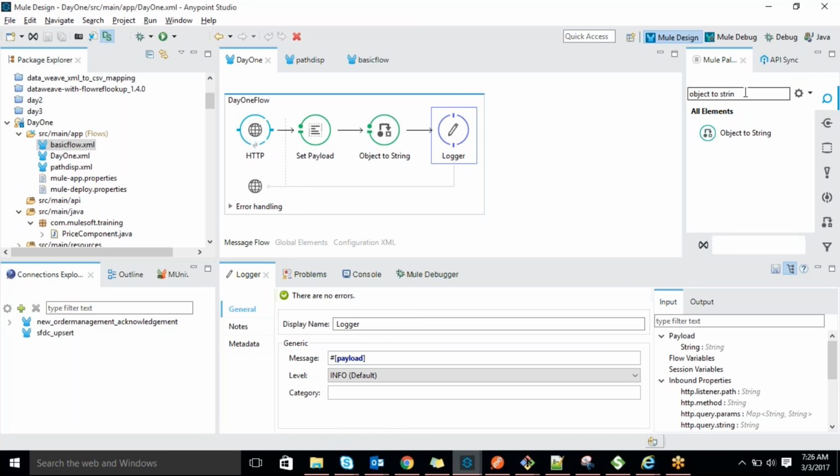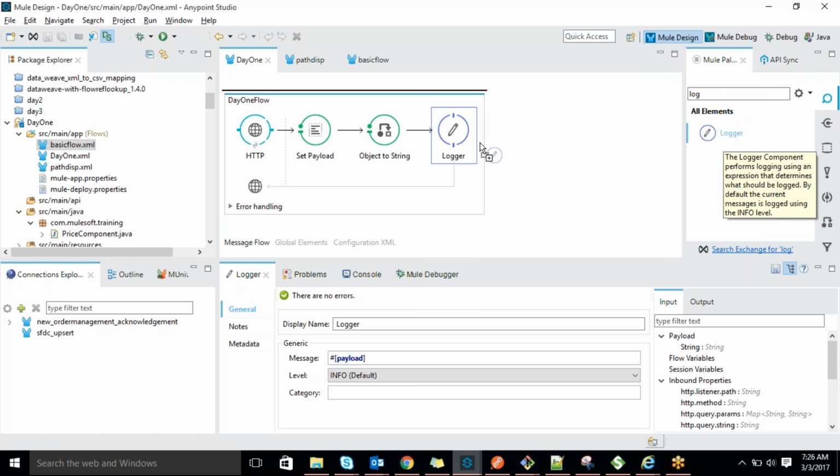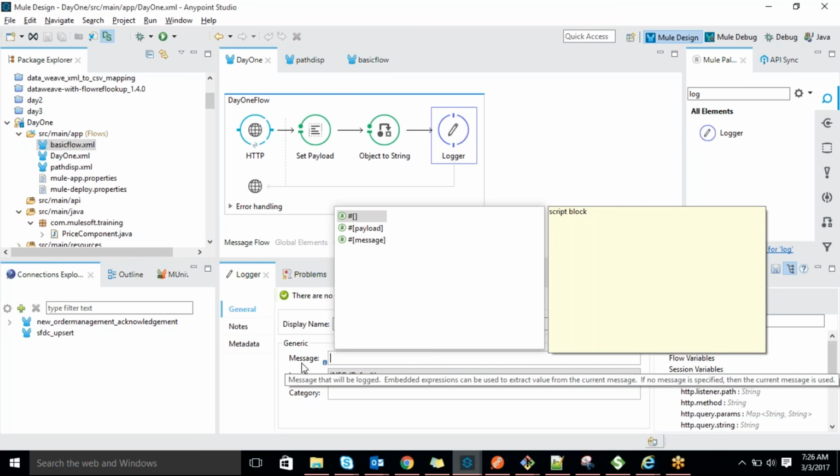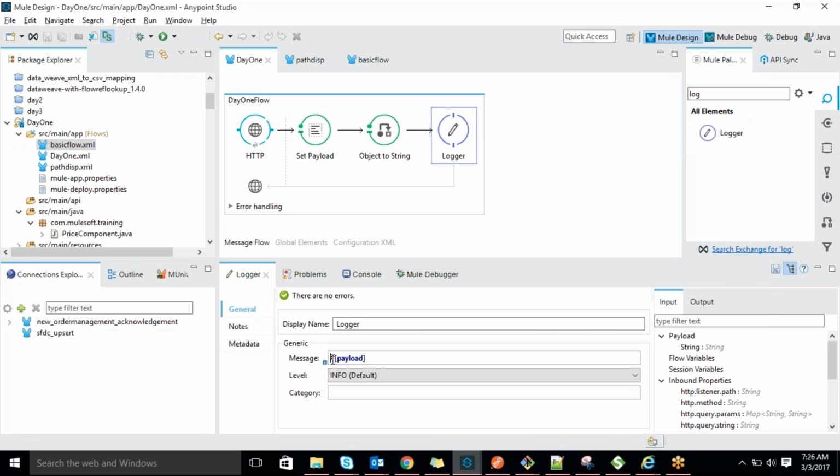Similarly here also, there is a component called logger. It's a message processor. I just drag and drop that one. Here I'm trying to display that data on the message. Each and every component here will support Mule expression language. I told you MEL, right? It will support Mule expression language, so we can display dynamically, or a response after conversion. We can also keep it hard-coded like this: after convert